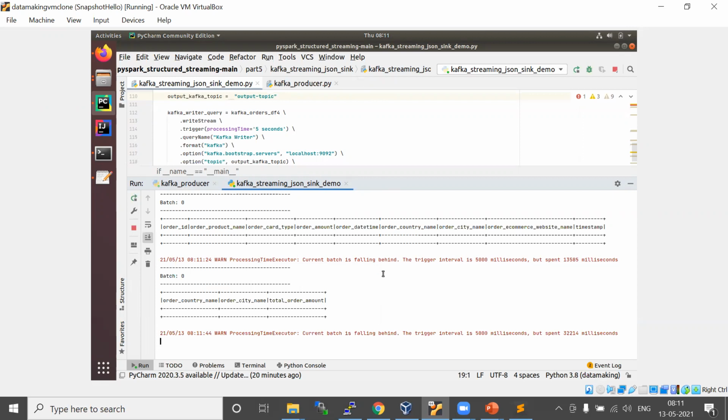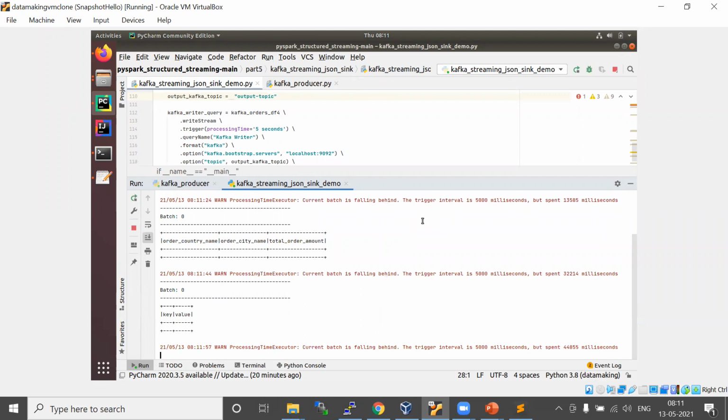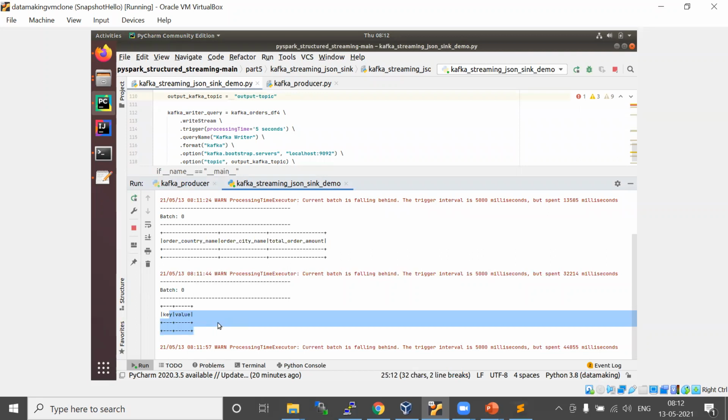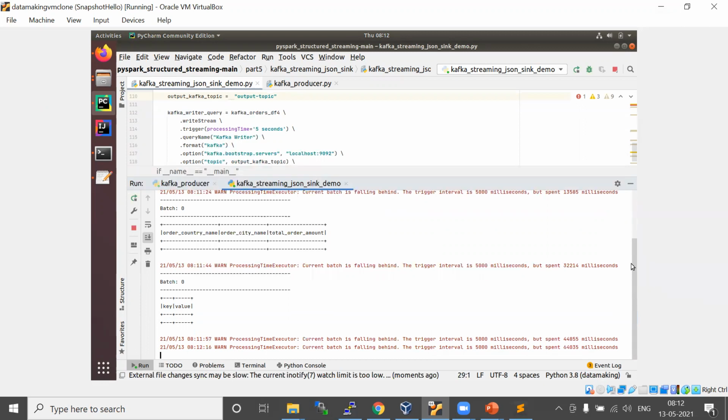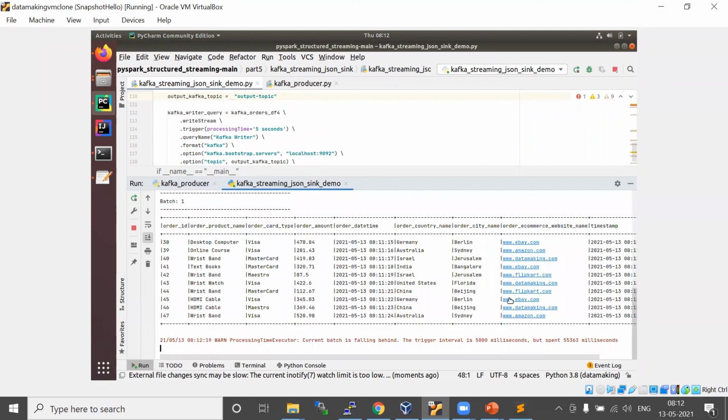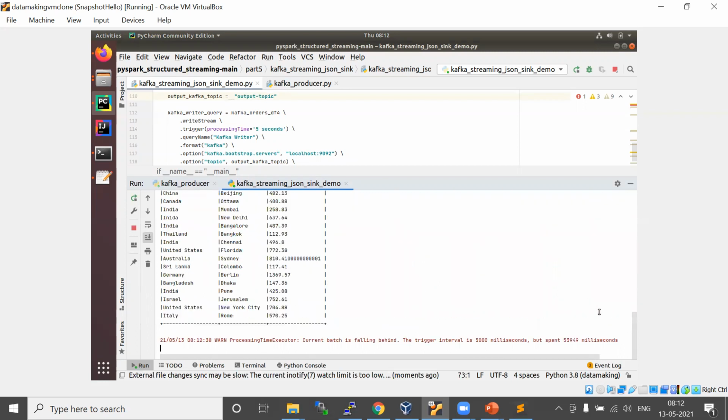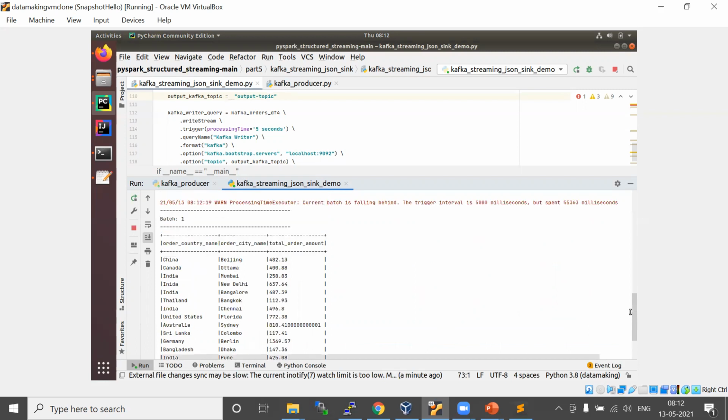So once this publishes to the output topic, this is how the final data frame, which is sent to the topic, will look. If some raw data has come, it will be processed. So this is the aggregated data.